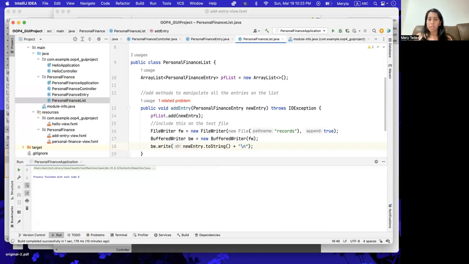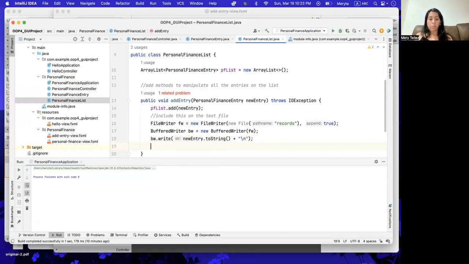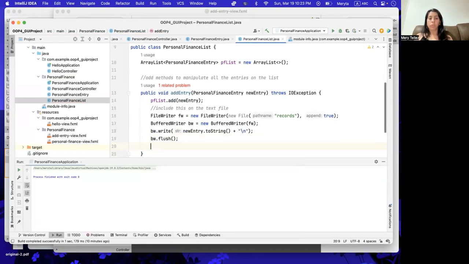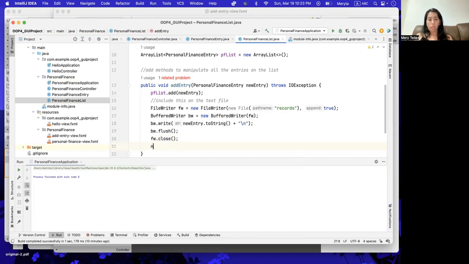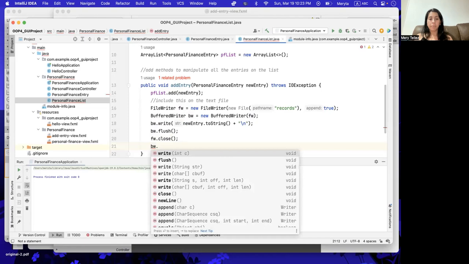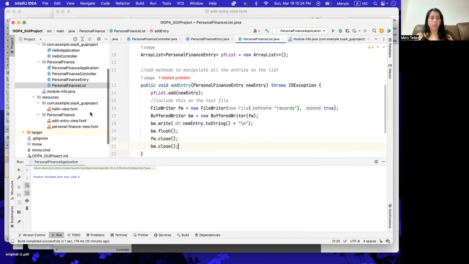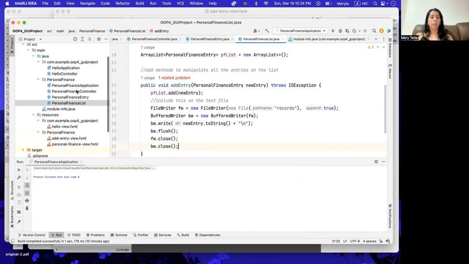Yep, pretty standard. Like I mentioned in class, remember that every time that you write or you read, for that matter, you need to make sure to flush, which is to clear the memory that has been used for this. Make sure that you close both accesses that you have open. And there you go. That should do the trick. So let's see. At this point, we have no file named records. It doesn't exist. If I go right now and try to run my application,